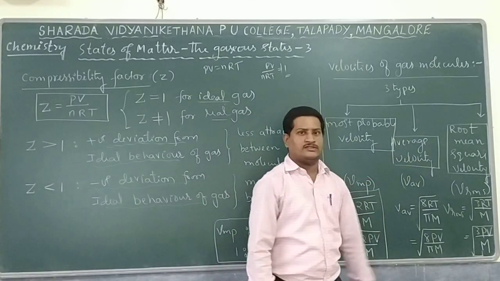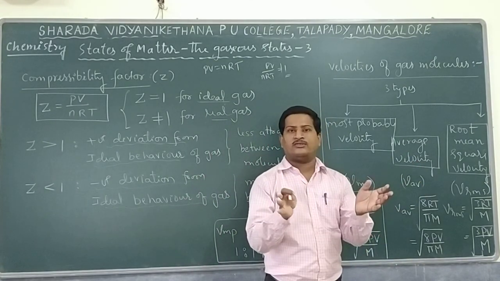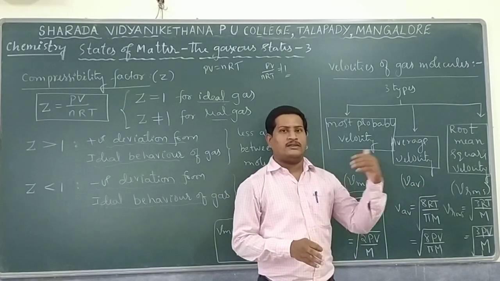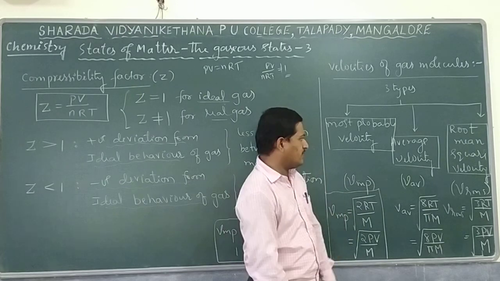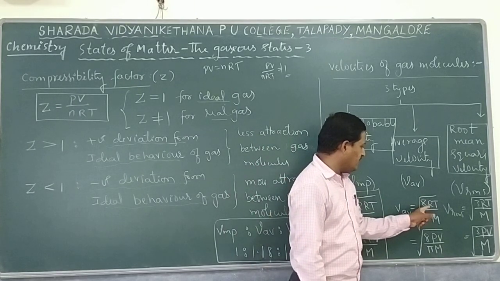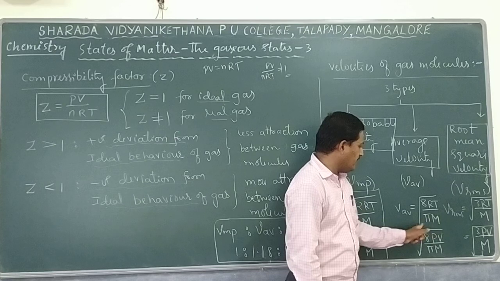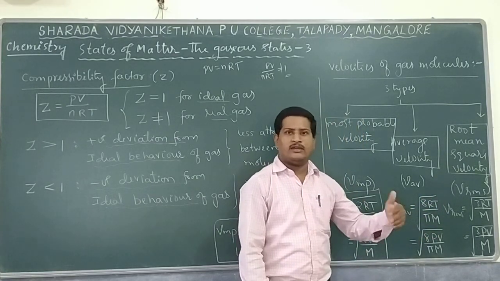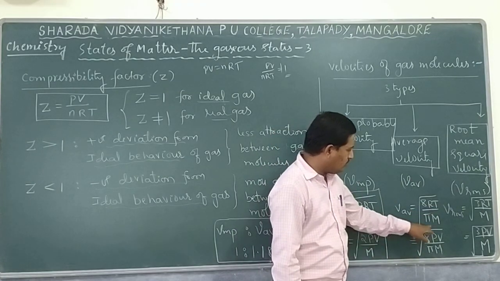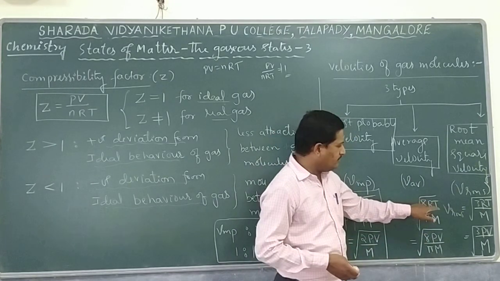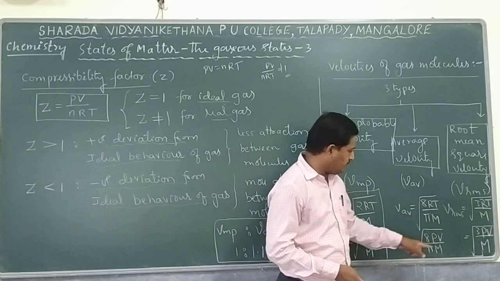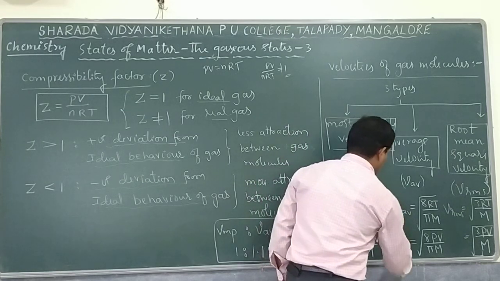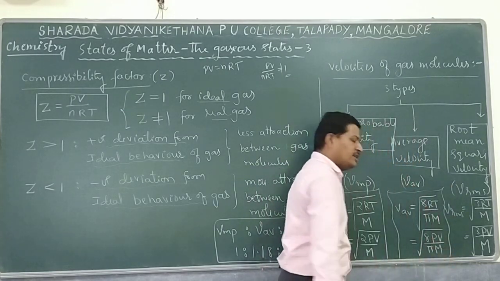Next comes average velocity. Average velocity tells about the average value, that is the average calculation, of the velocity of different gas molecules present in that particular container. And that is measured using the relation whole square root of 8RT divided by pi into m. Again, you know PV equal to nRT. For 1 mole of a gas, n equal to 1, so PV equal to RT. In place of RT, we can substitute PV. So we get square root of 8PV divided by pi into m. This is the equation used to find the average velocity of a gas molecule.